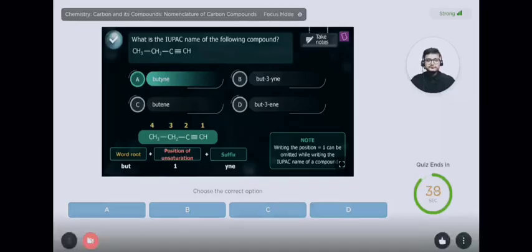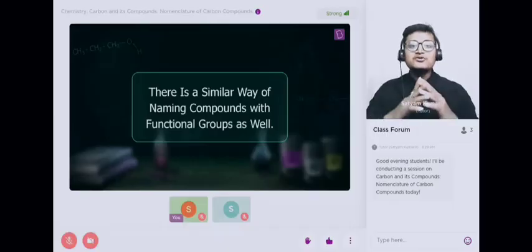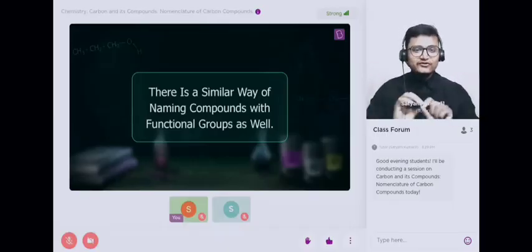Okay. Let's move forward. So now there is a similar way of naming compounds with functional groups as well. So now we are going to talk about how we are going to do the nomenclature of those compounds which have a functional group. So this concept again we are going